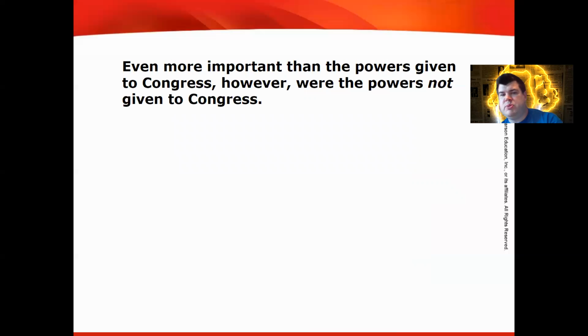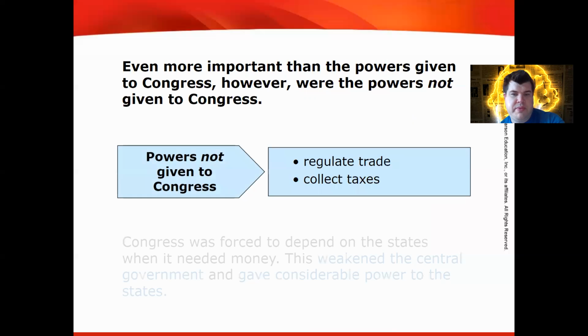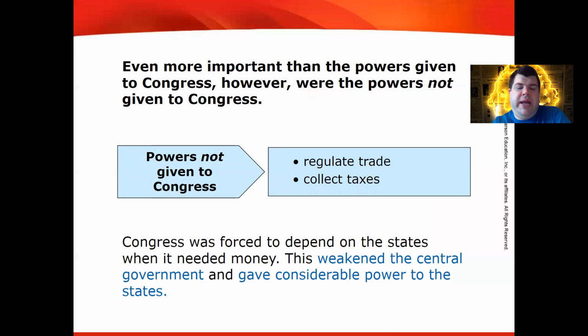But what was more important was what they weren't able to do. They weren't able to regulate trade, and they weren't able to collect taxes. So they weren't able to regulate trade. So they couldn't make any,